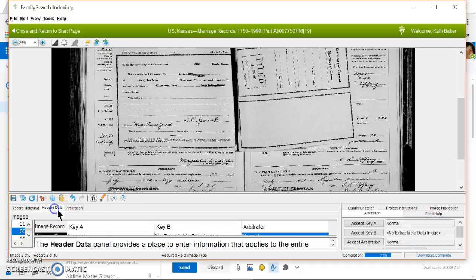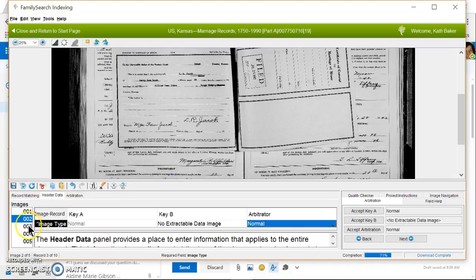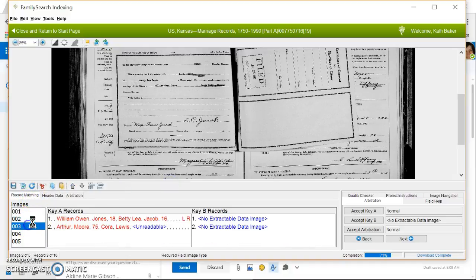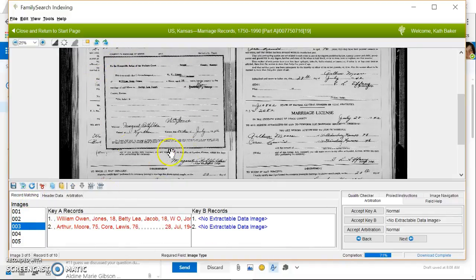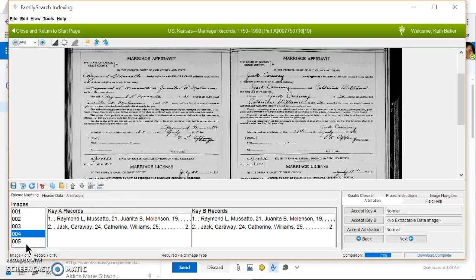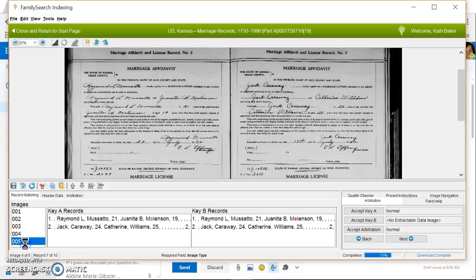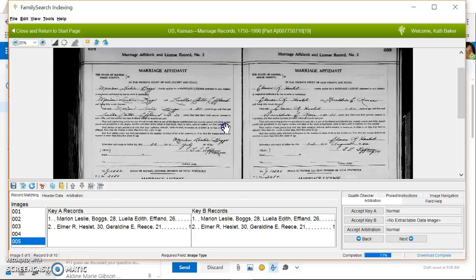And so the header data I've already changed to say that it is normal on both because the images are normal on each. And on the third one, we've got a little image right here and the full record. And on the fourth and the fifth images, there was no problem, nothing confusing for us to index, besides the